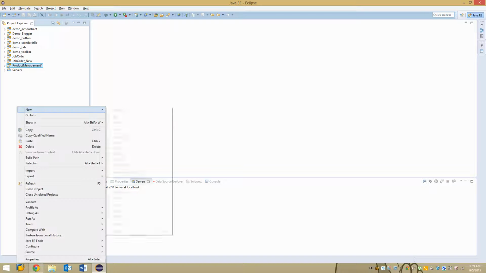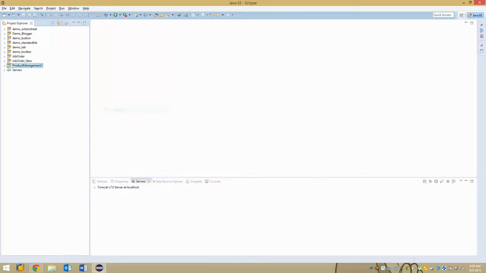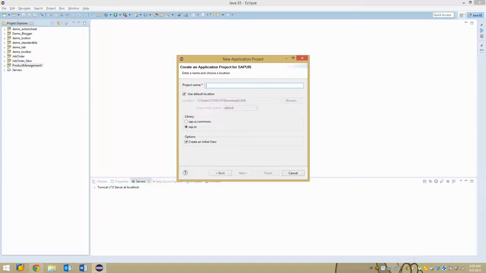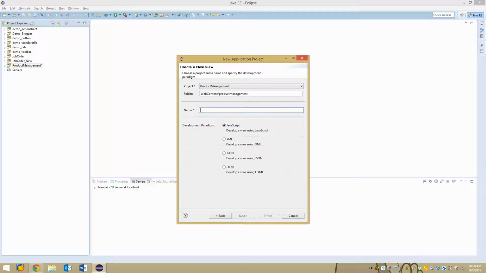So right click, new project, and in SAP UI5 application development folder choose application project and click on next. I'm just giving this project name as product management, and I'm choosing this mobile library, and I'm creating the application with initial view, and I'm just naming the